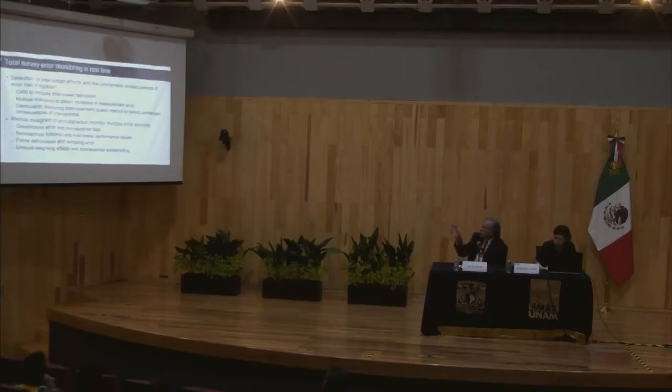Then total survey error monitoring in real time is really where it comes down to, trying to look at these interaction effects and these unintended consequences of what you're doing with your adaptive designs and trying to affect some sort of objective. I think one objective would be that I achieve this objective not to the detriment of the total quality of the survey, but I maintain total quality while I'm achieving this particular objective.